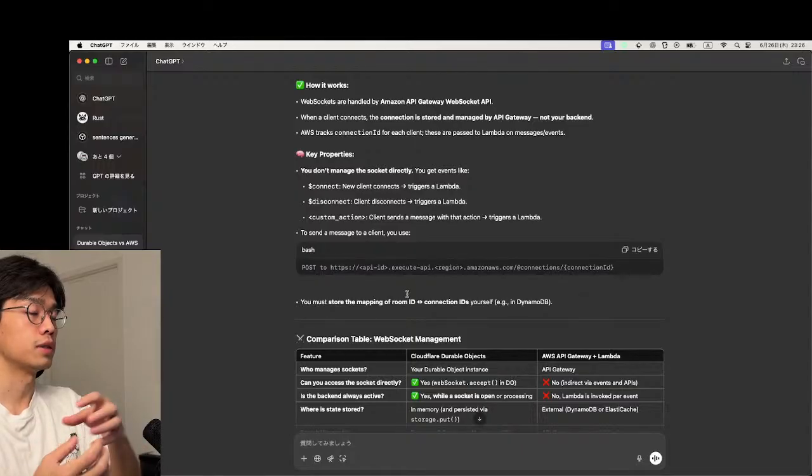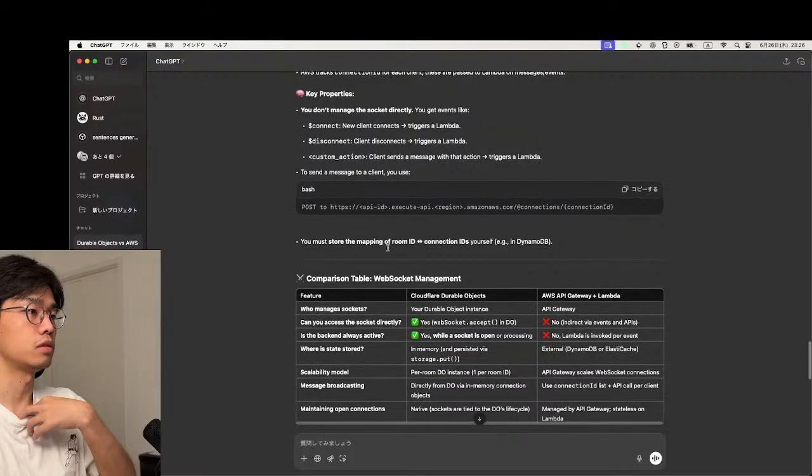And processing the data, such as request data and game state, which is stored in DynamoDB, and processing data, and to update, write it to DynamoDB, and return to the client, broadcast to the client. How to